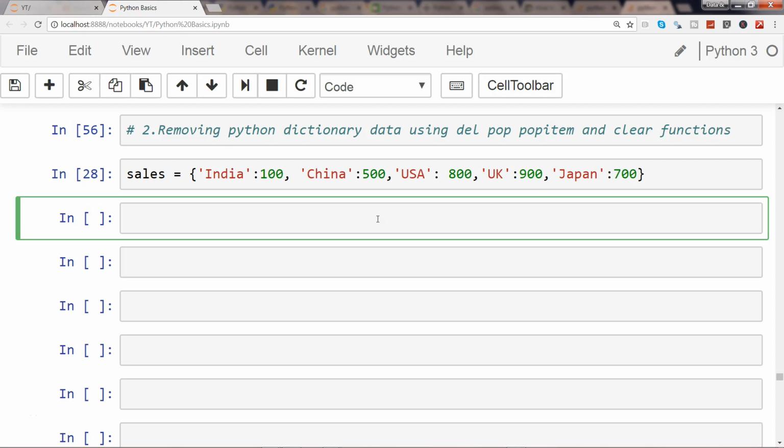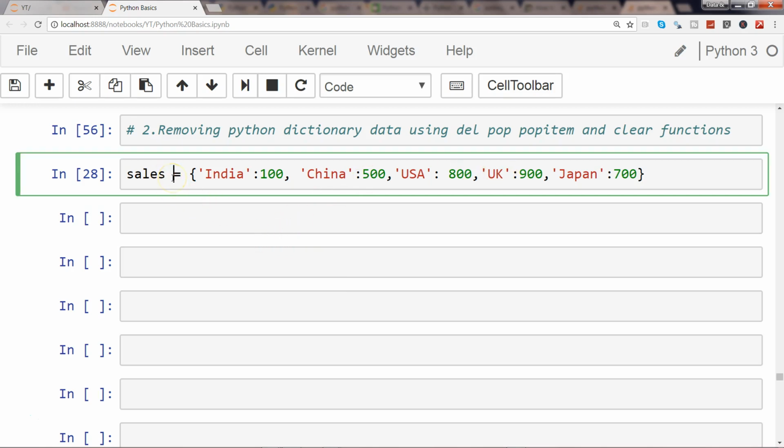In this video I will show you a couple of different functions like popitem, del, delete and clear function and their related actions on the dictionary. All of these functions help in one way or another to remove the elements from the dictionary, and I basically want to show you how each function returns the output so that you can use the relevant function as per your needs. Alright, so first of all what we have is the sales, so let me go ahead and